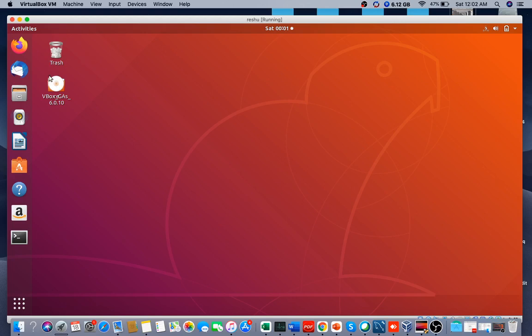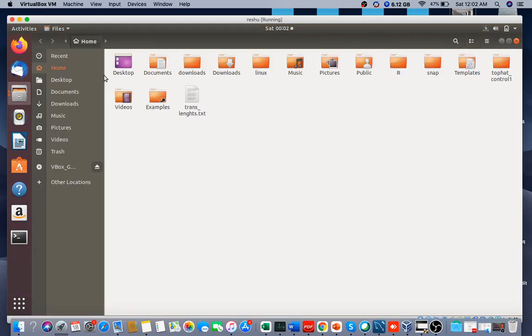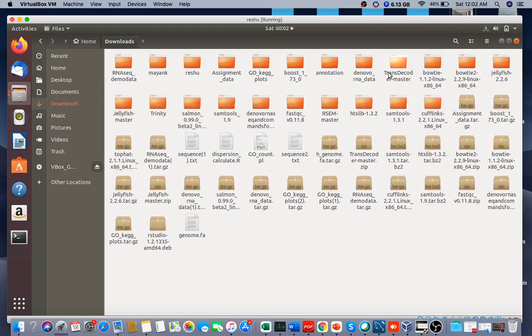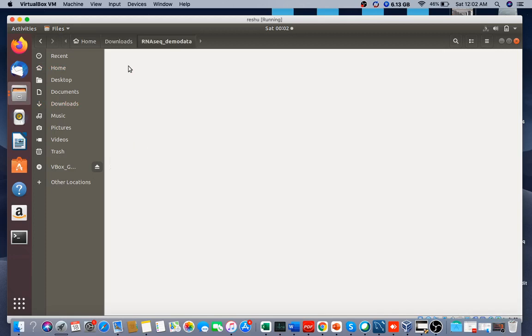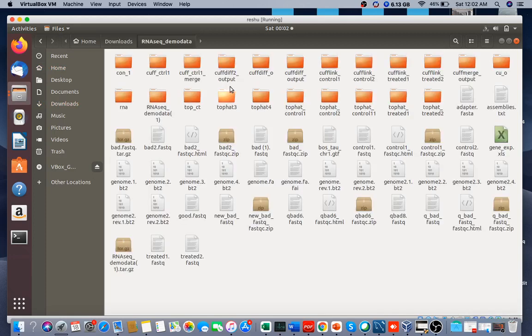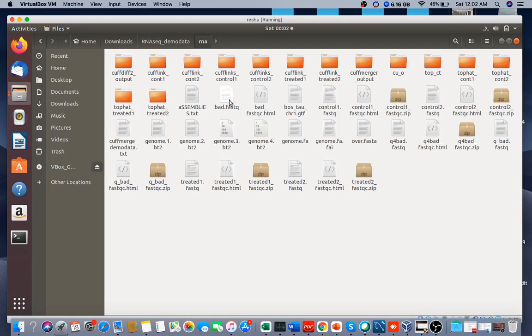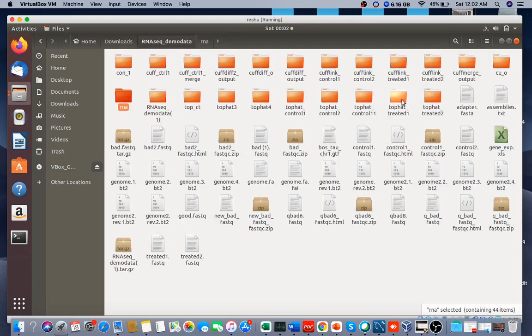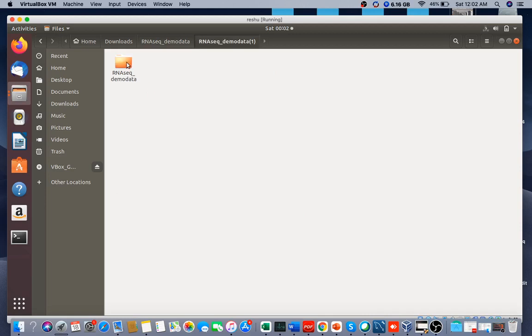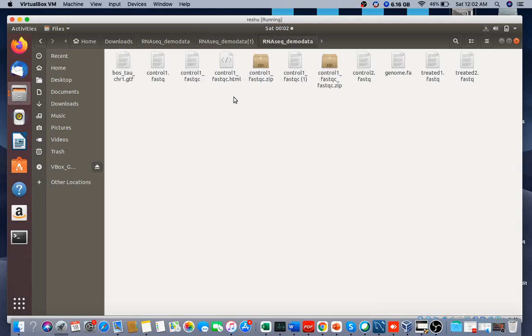Okay, so here you can see you need certain files.